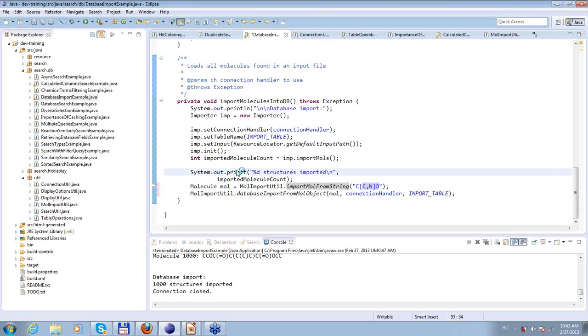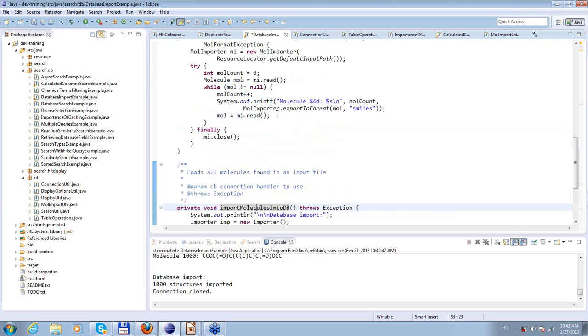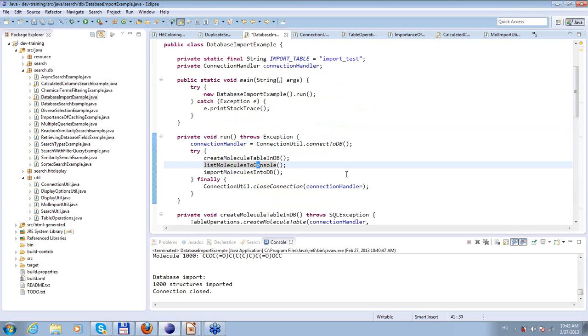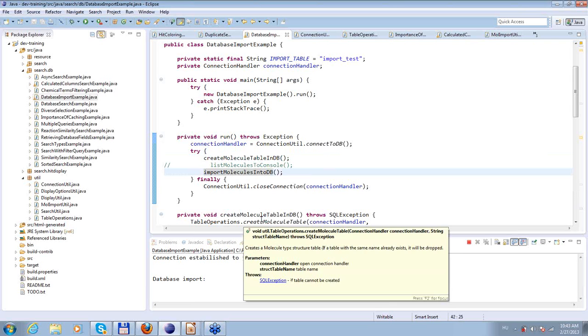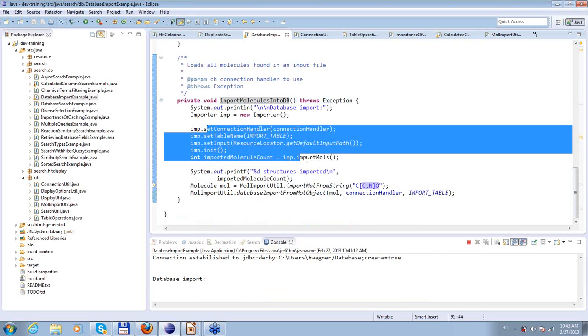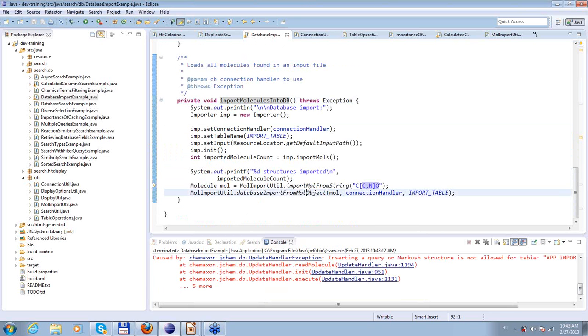Okay, let's try importing this structure to the database as well. But before this, I will skip listing the molecules to the console because we have already seen it. Let's see how this works. So at the beginning, we create the molecule table just as before and do the database import. Import first these 1,000 structures, and after that we try to import this